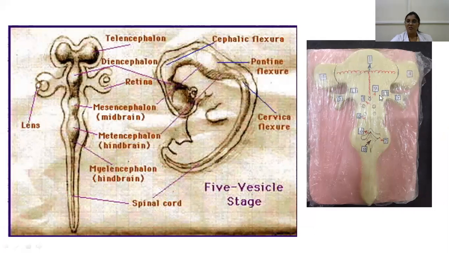From the diencephalon, you get the optic stalks and then your optic cup. This part forms your optic nerve, and this optic cup will be forming your retina. That is why the optic nerve and the retina are extensions of your brain tissue. And then this is mesencephalon, this is rhombencephalon. These markings you don't have to bother about, but just remember that this is a model showing a developing neural tube with these telencephalic buds, the optic stalk and the optic cup. The derivative of the optic stalk is the optic nerve and the cup is from which the retina is going to develop.